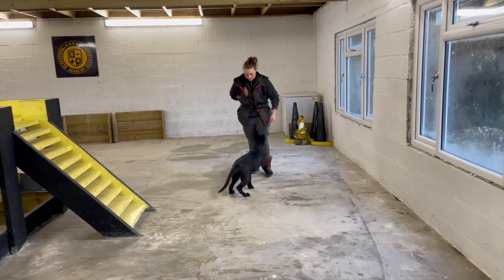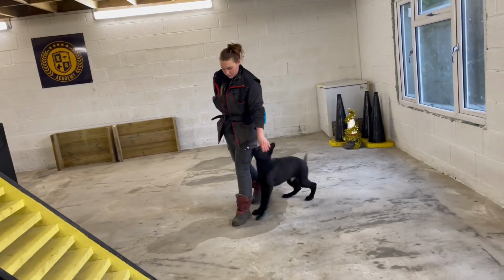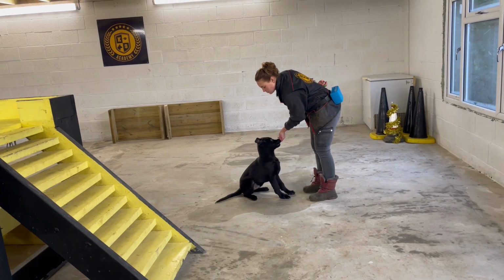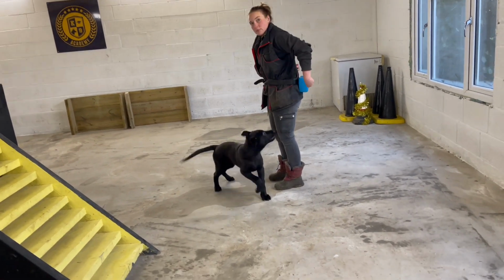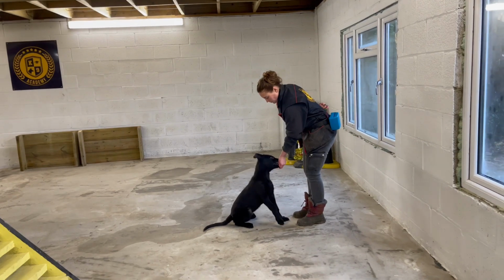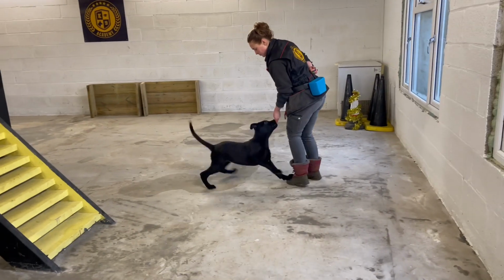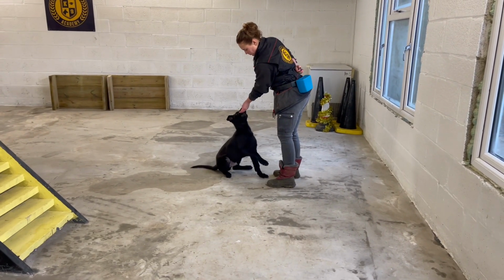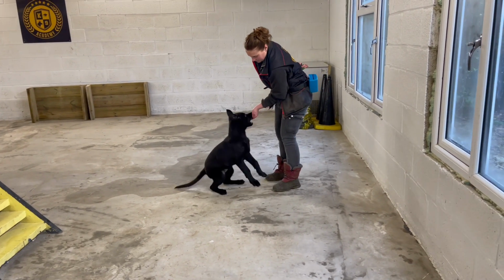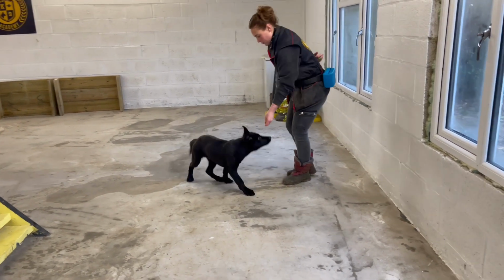Now the picture of the sit is so important. You can see the bum is touching the ground. Can we see that from the side, please? Okay, I wouldn't even give a pup the food if the front paws are pushing forward. There we go. The picture of learning is this. Let's do an incorrect marker again. Let's just do something incorrect, where the puppy is doing something different, like raising its paws up. These are incorrect, right? So the correct would be